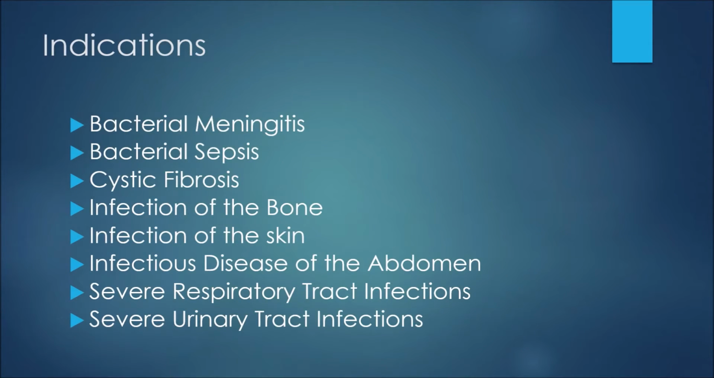In terms of indications or reasons we prescribe this medication to a patient, we may see it used in the treatment of bacterial meningitis or bacterial sepsis. Patients with cystic fibrosis under certain conditions may use this medication, as well as patients who have an infection of the bone or infection of the skin or subcutaneous tissue. Infectious diseases of the abdomen may be treated with Ceftazidime, as well as severe respiratory tract infections and severe urinary